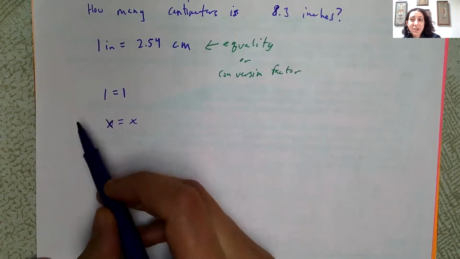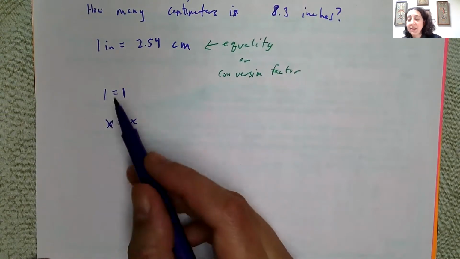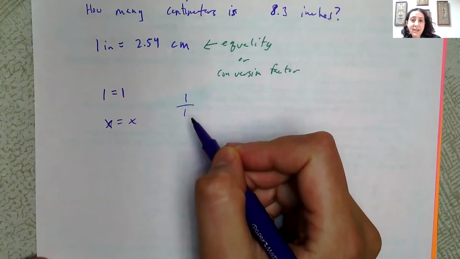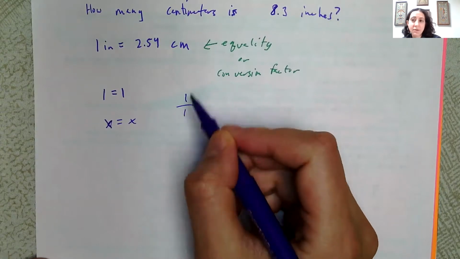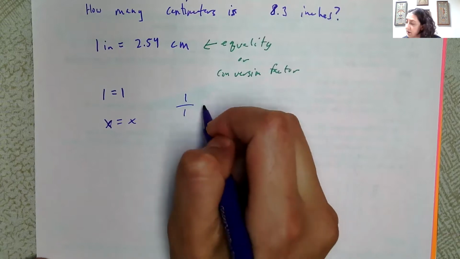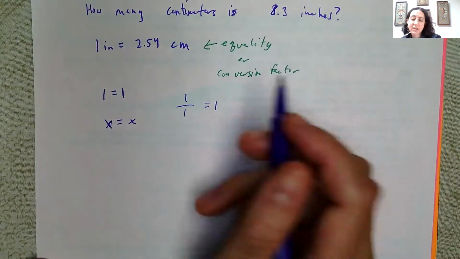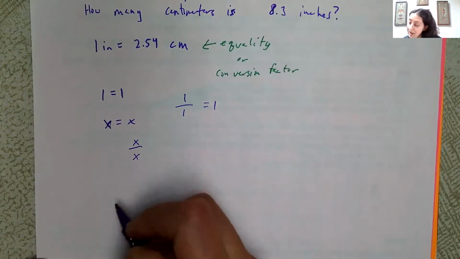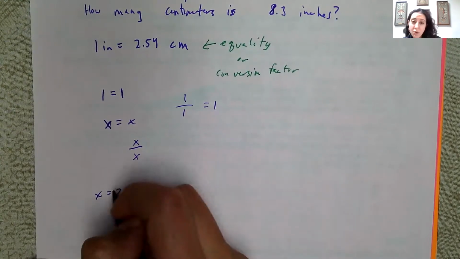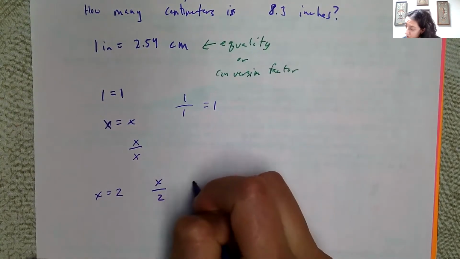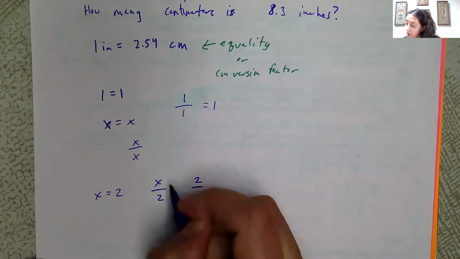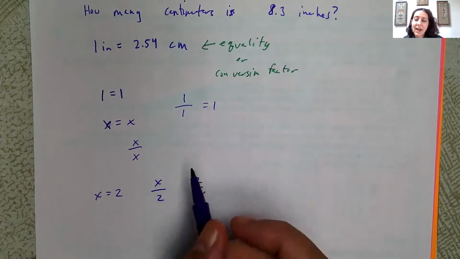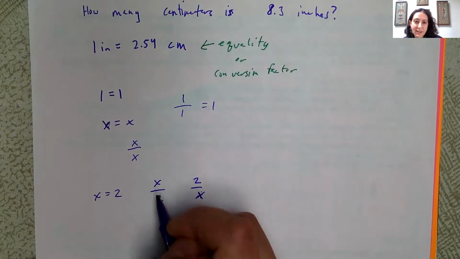Now, because these two things are equal to each other, we can rewrite these in a different format. We can write them as a fraction. So if 1 is equal to 1, if we write it over like this, 1 over 1, that still equals 1. Everything works. So same thing, if x is equal to x, you can write this as x over x. If x is equal to 2, you can write this as x over 2, or even 2 over x. And all of these numbers are basically equal to each other. The principle now is that if these are all essentially equal to 1,